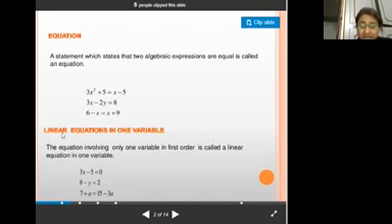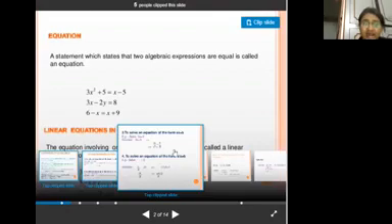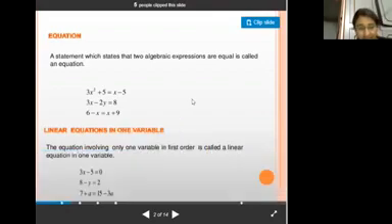Linear equation का क्या मतलब है? The highest power of the variable is 1. That means it should not have a term like x square, x cube, y square, y cube. It should only have x, y or z. One variable means it should have only either x, or y, or z. It cannot have more than one variable.